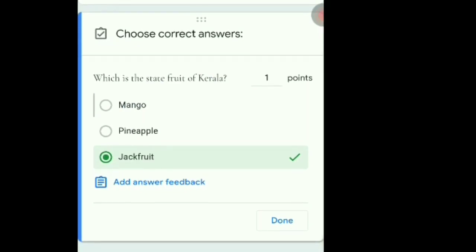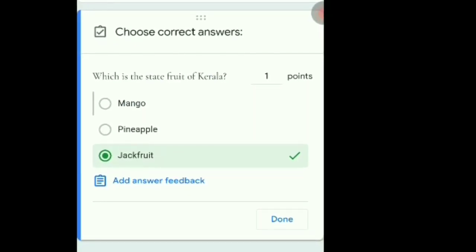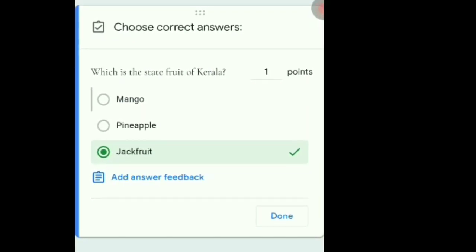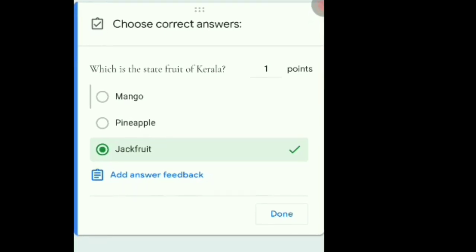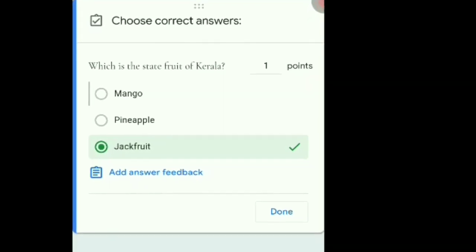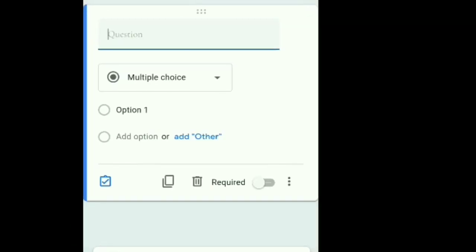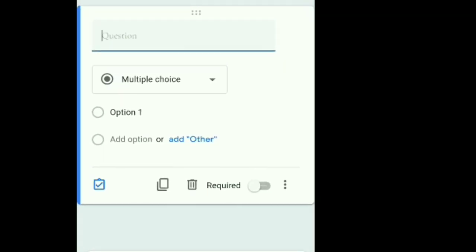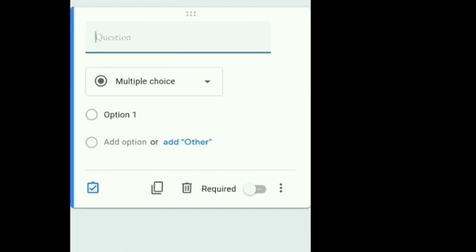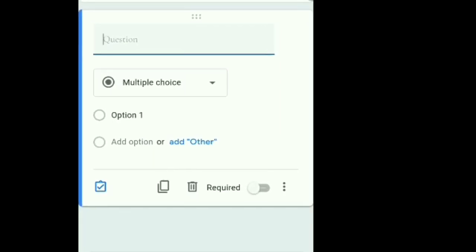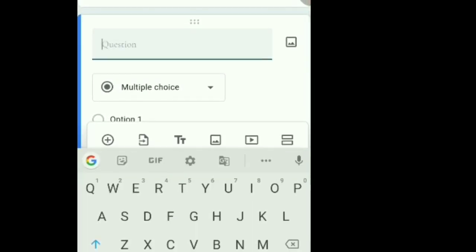Okay, then again I remind you, add answer feedback there. If you already make some comments, then the students will get the comment according to their answers. One more question I would like to add here. This would help science and math teachers to add pictures. So here just write down the question,